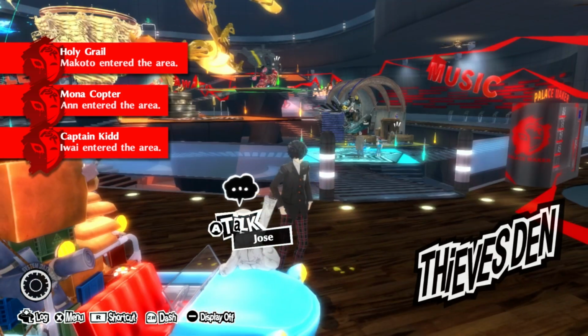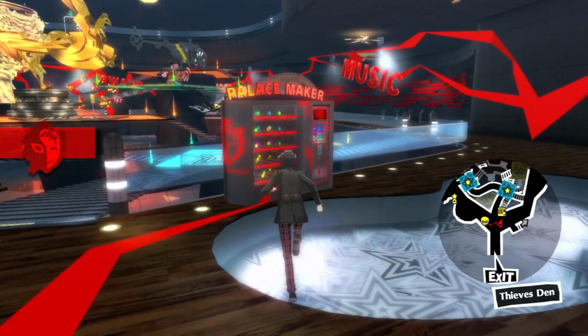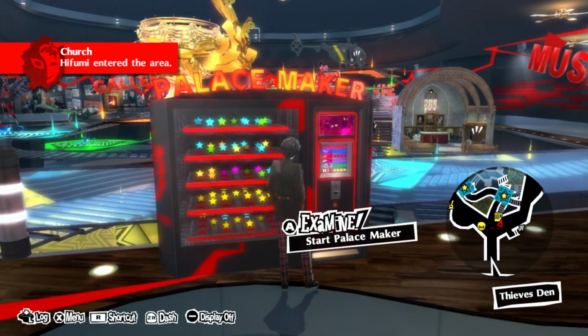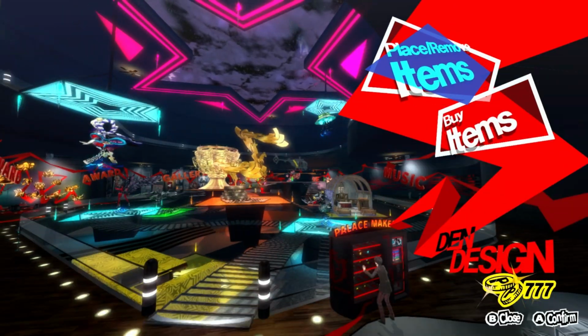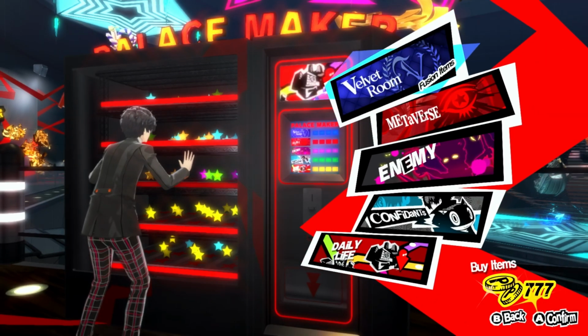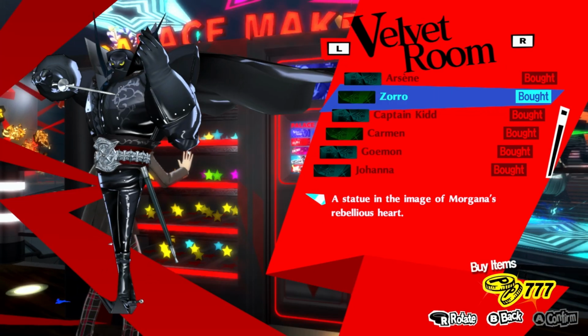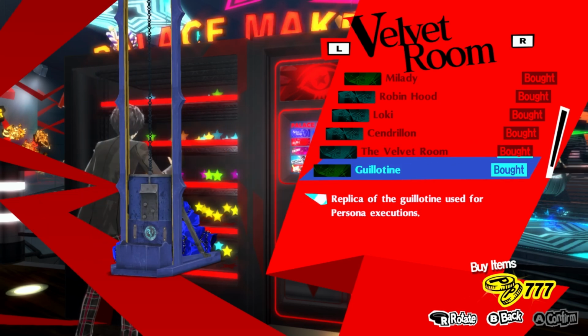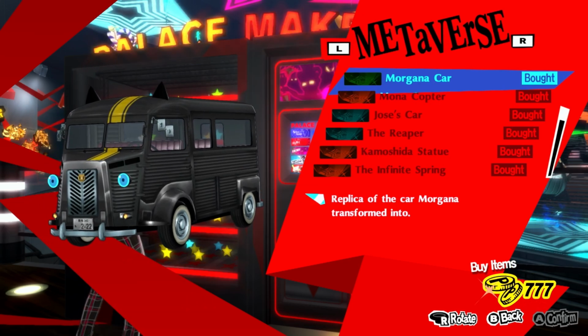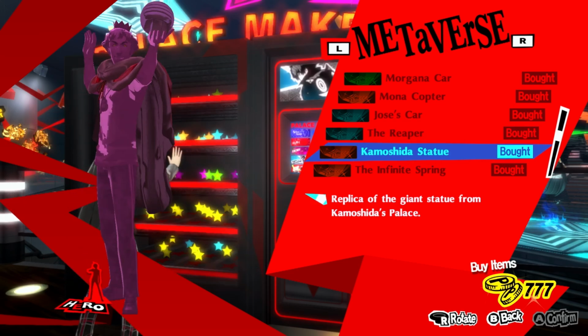Alright, so there is a lot of stuff here, and I guess you can start with the Palace Maker. This is a bunch of different decorations and things. I guess I can go to buy items. And it's sorted into different categories. You've got a bunch of different personas here. You've also got the Velvet Room and the Guillotine, and these are decorations that you can place, and I'll show you in a second. So as you can see, I have...